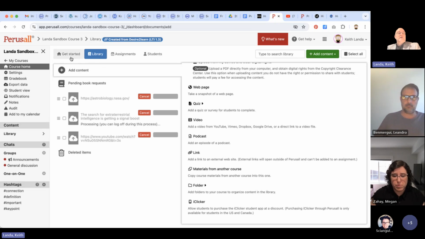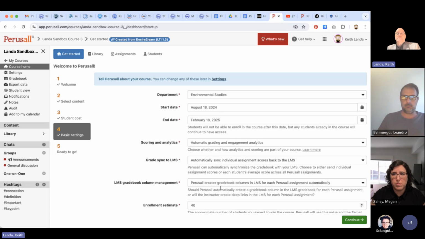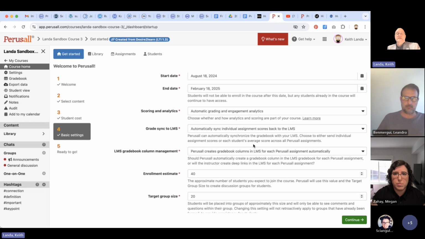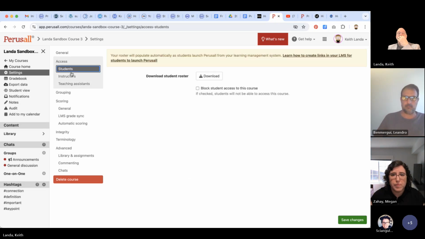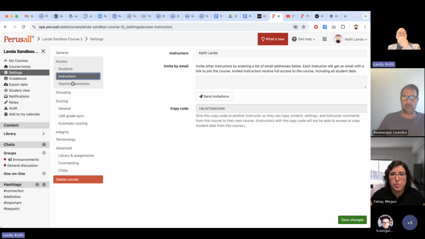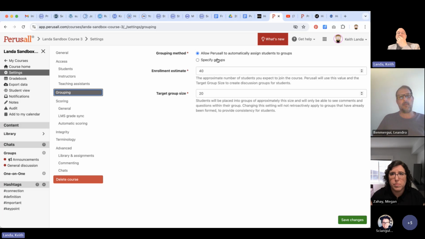over here. Under getting started, there is some basic settings that we talked about. The title of your course, the department, the start and end date, how you want to sync things to your gradebook in Brightspace. But there is another more detailed settings area over here that we won't go into in all of its details. You can invite other instructors. You can bring in teaching assistants. Here we've got the grouping